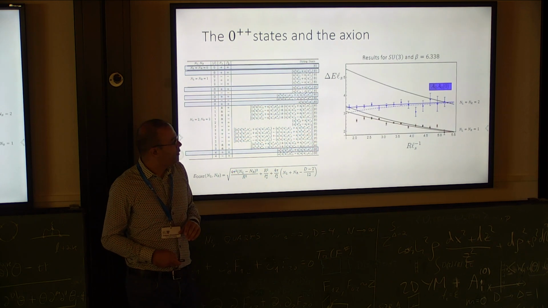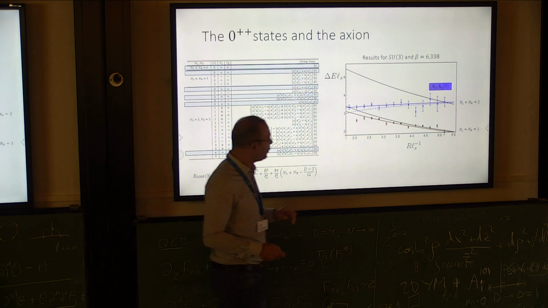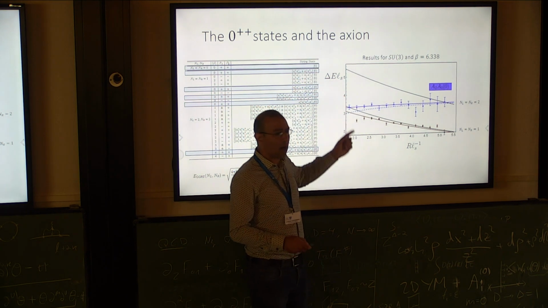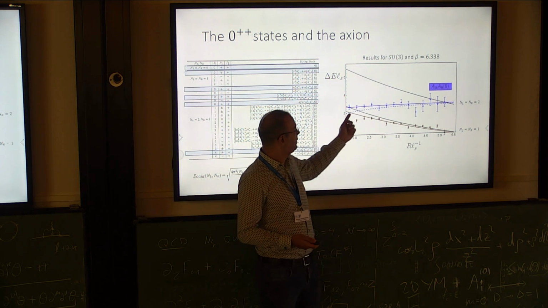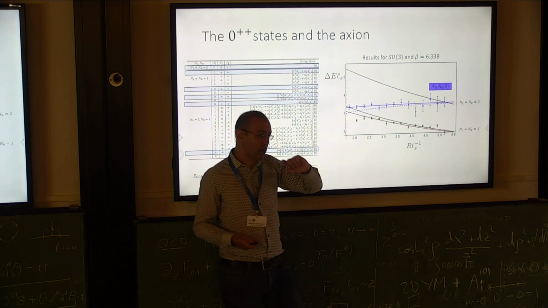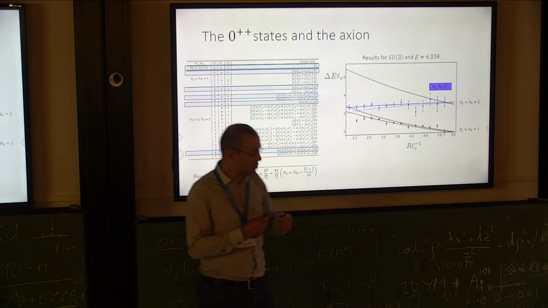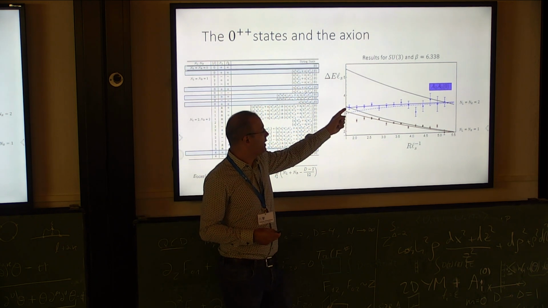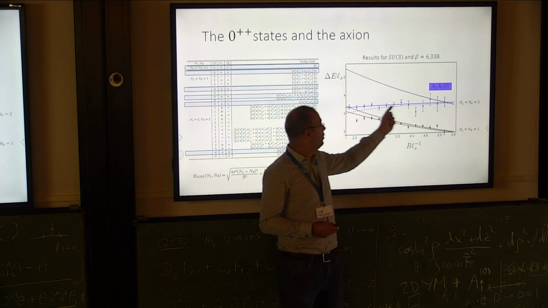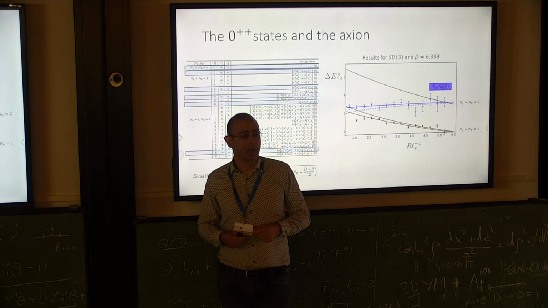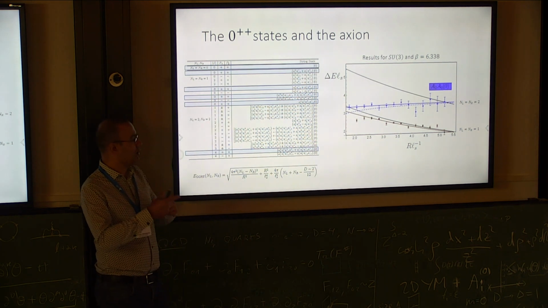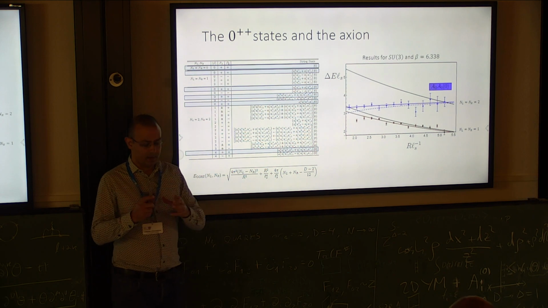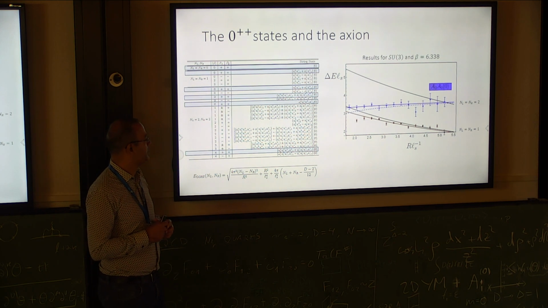And if we perform the TBA analysis, we see that without the TT-bar deformation, we get this dashed line here. And when we switch on the TT-bar deformation, the interaction between the 2 axions, we end up having this line here, which approximates our data quite well, and leads to the conclusion that the interaction between the axions is repulsive.